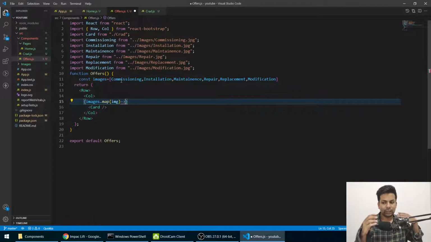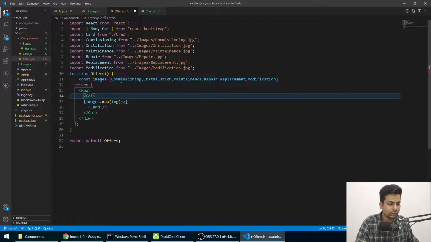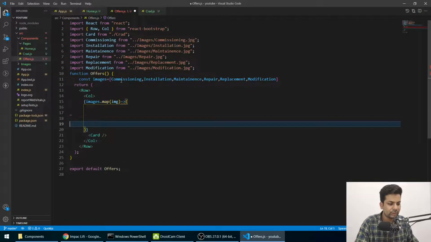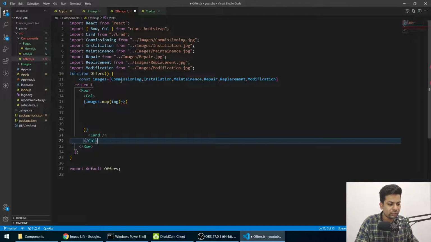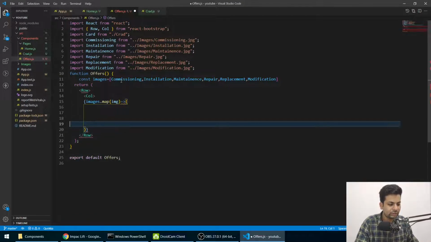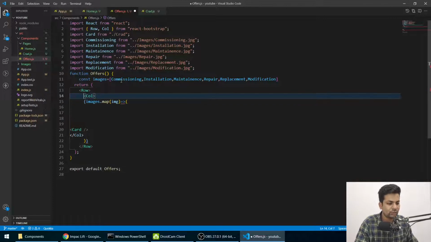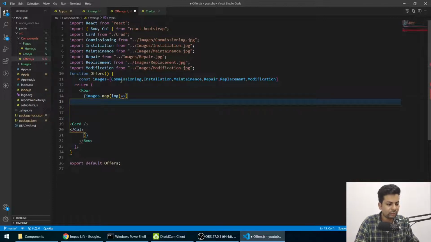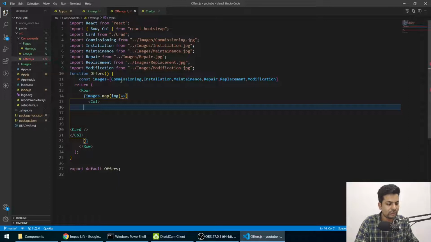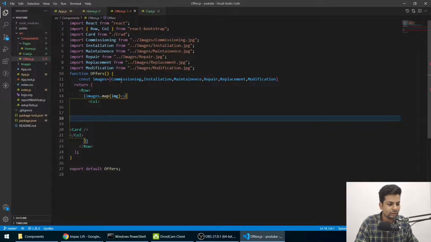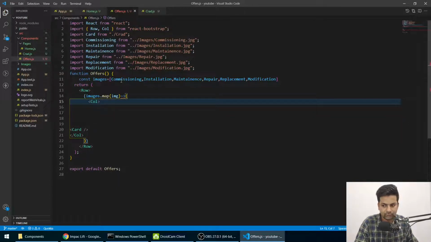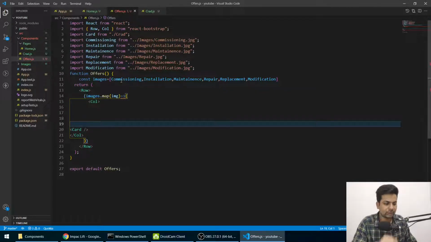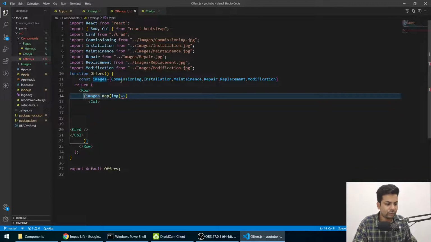So now I want everything in column. Let me make this bracket, press enter. Now let me just remove this column part here, Control X. Now image will automatically come here inside it. Okay, now if I save it, there is some error. What is the error? I have to open one bracket here again also. Now if I save it.